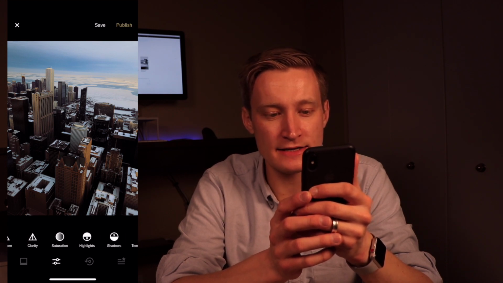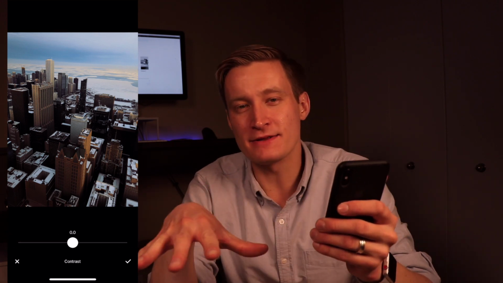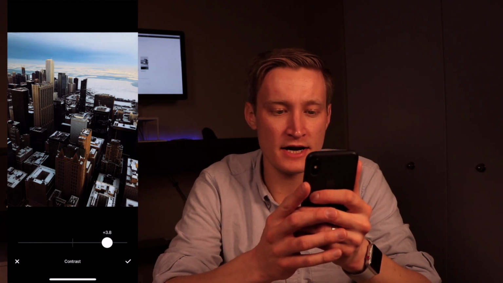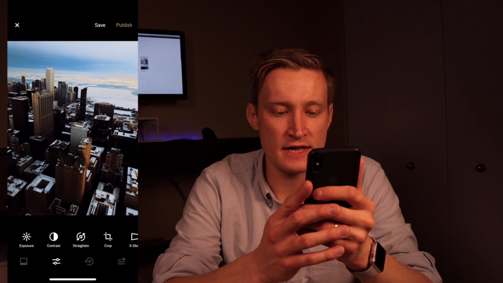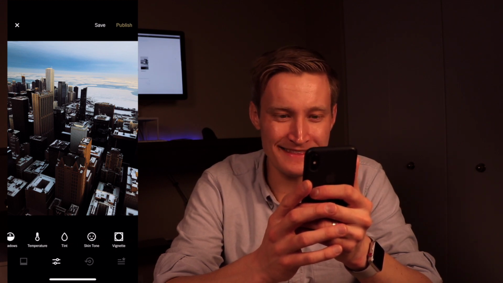So I think the highlights are a little high. First, I want the bottom of the city to look really dark, so I'm gonna go ahead and up the contrast a little bit. You can see that's gonna make some of the bottom parts of the city feel way darker. So that's good, but upping the contrast has kind of blown out the highlights at the top with the